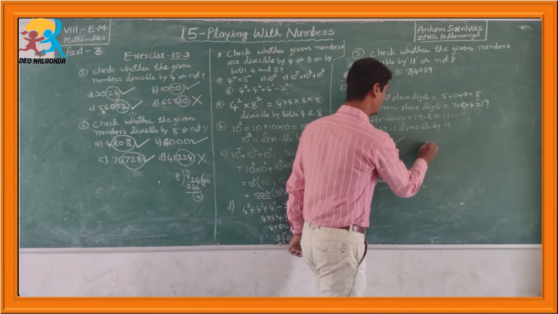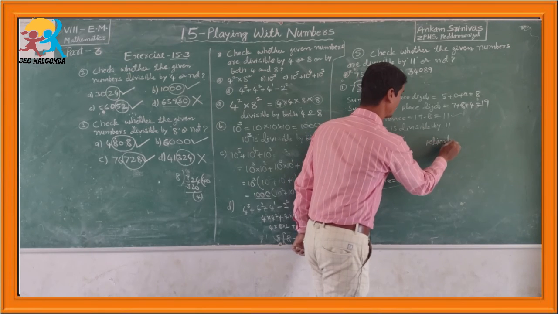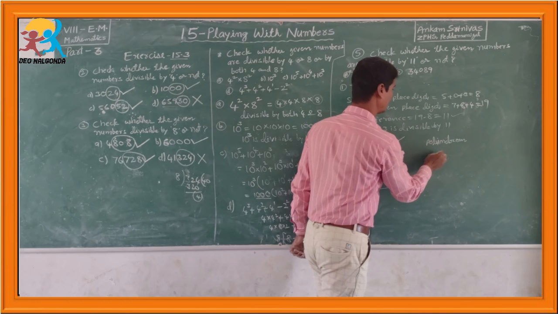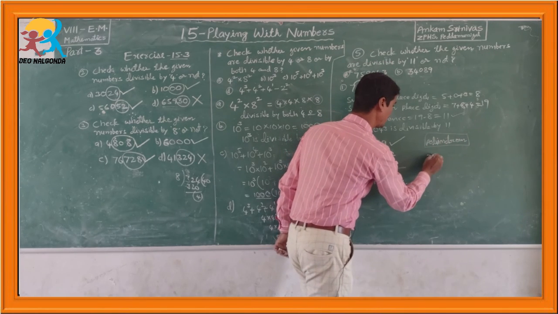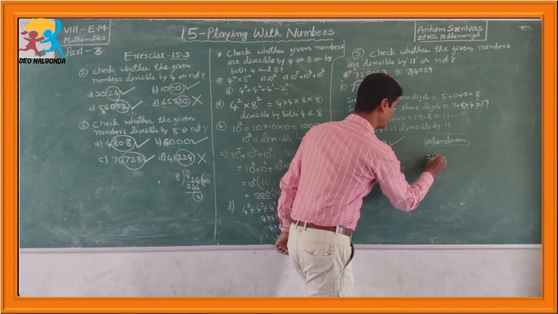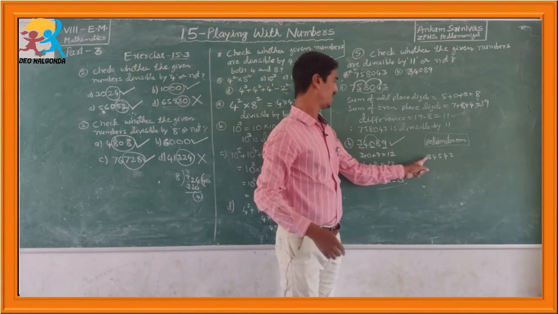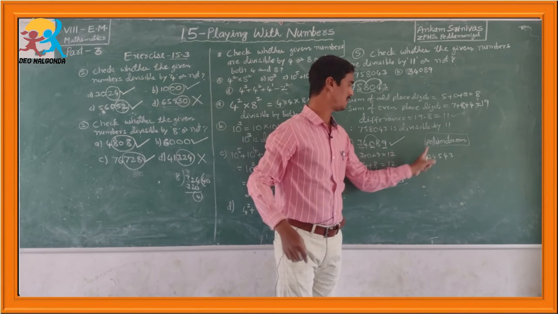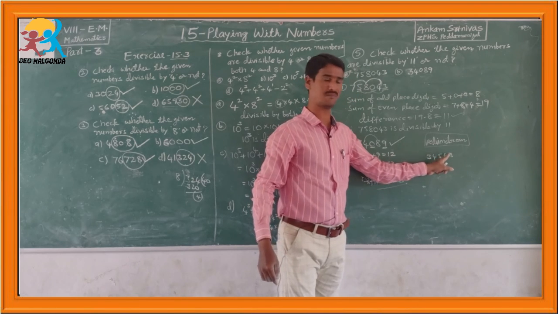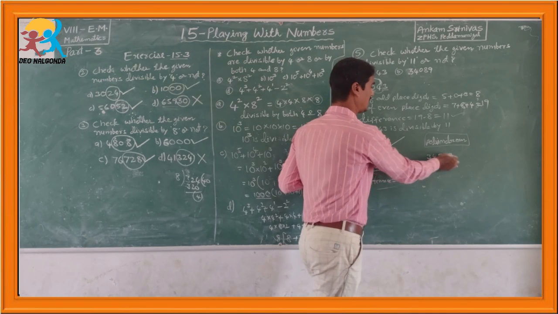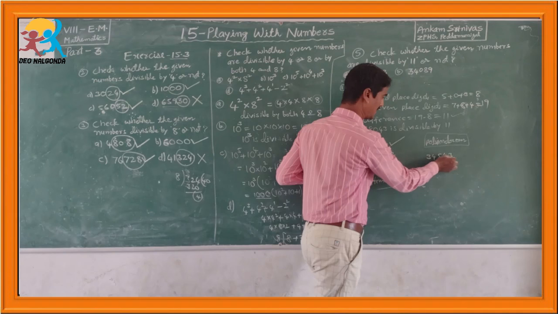We know that palindrome number. Here, even palindrome, take 2, 3, 4, 5, 4, 3. This is a palindrome number. If you write the reverse, the obtained number is also the same. If you write the reverse 3, 4, 5, 4, 3, you will get the same number. This type of number is called the palindrome number. Let's check whether it is divisible by 11 or not.